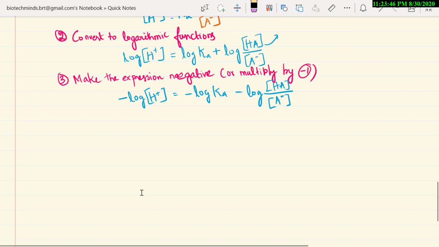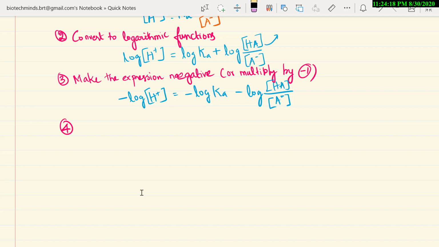Now comes the fourth step. So this is a simple equation. See, only 5 steps, and these steps are also very simple. It's not a kind of complex mathematical derivation. Now fourth step. What is the fourth step? I think you can see this minus log of hydrogen ion concentration, which actually is nothing but pH. So we are going to substitute those related terms. So I will explain after writing that.